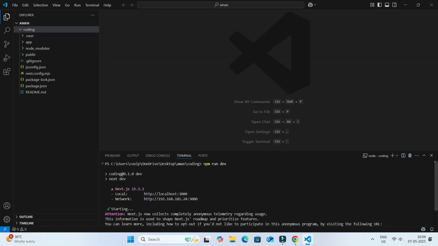It is saying it is running at two locations, local and network. If you want to open it locally on your computer, simply click on the localhost link, and if you want to use it over the network, you can click on the link below. I am going to open it on localhost. First you have to press the control button on your keyboard, and then click on this link to open it. If you don't press control, the link will not open. So I press control on my keyboard, and then click on this link to open it in Google Chrome.